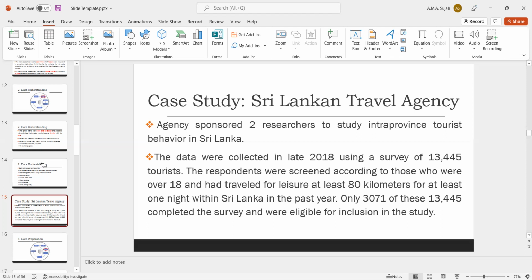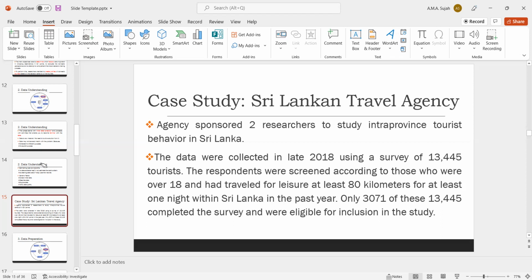How will they find out these aspects? By direct interview with tourists, or they can collaborate with tourists at different places, asking what is the reason why, what are the places you are interested in in Sri Lanka. Likewise, they are doing research and they will recommend some aspects that people like when visiting Sri Lanka.